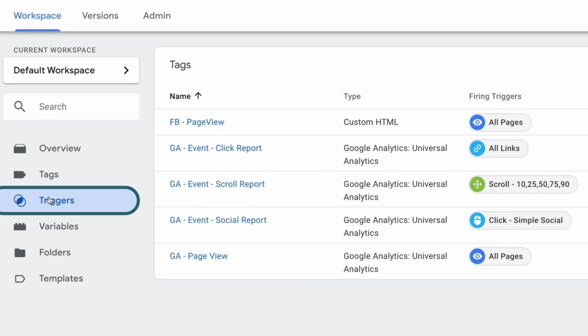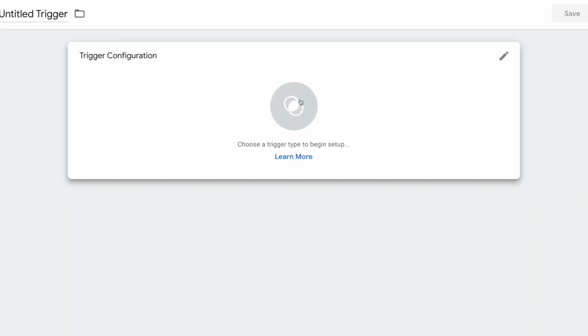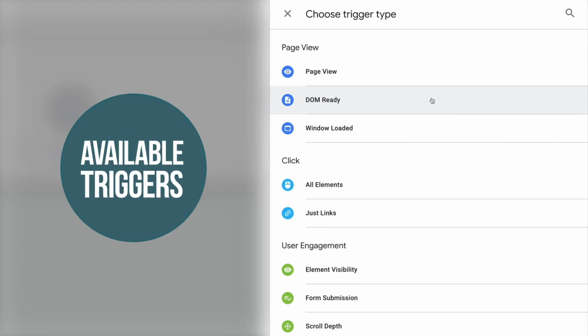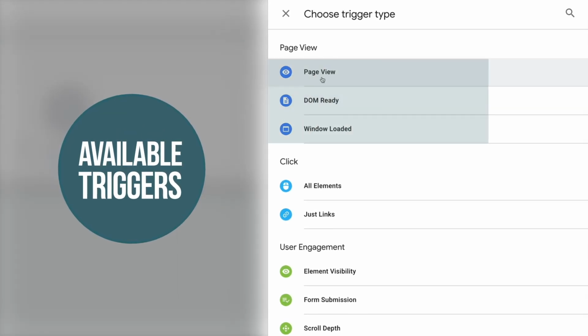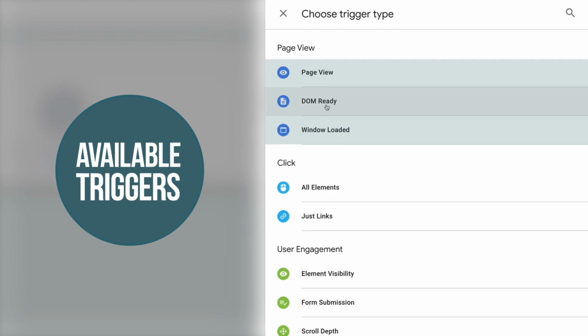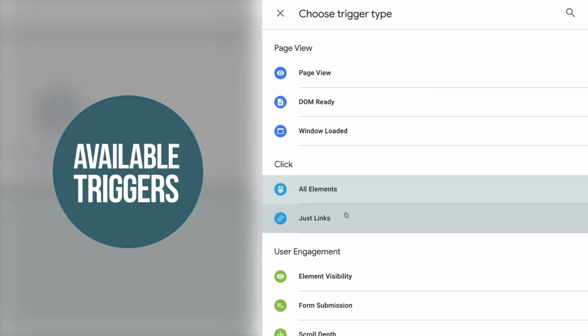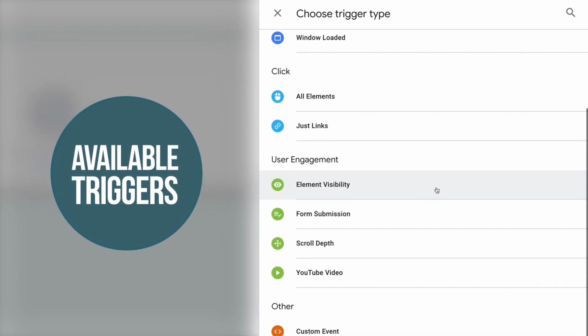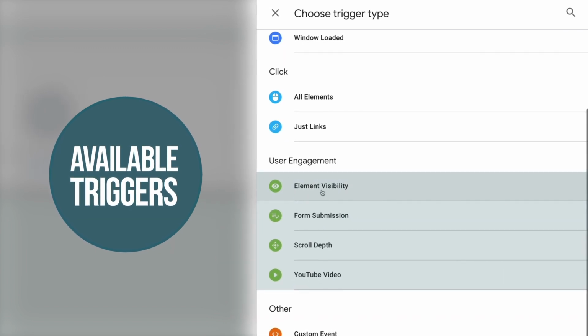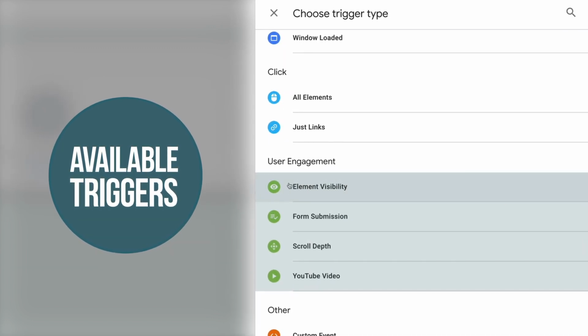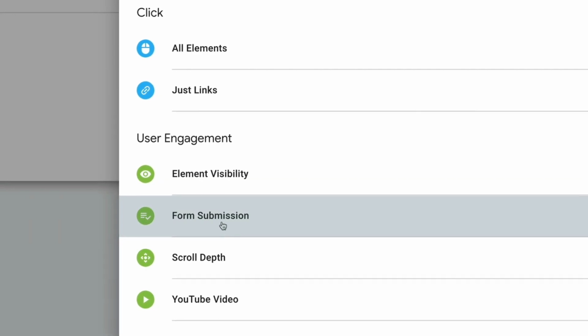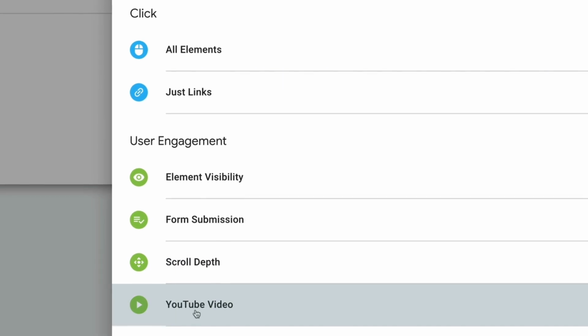Let's talk about some of the triggers that are available. So if I click on new here, we click into the box, you can see all the different types of things that we can use as triggers. So I have when the pages load, these are just different stages of the page loading up. We have different clicks that are happening on the page. We have different forms of engagement. So when a certain element on the page becomes visible, like maybe if they see the testimonial section for a few minutes, that might be something I want to measure. Form submissions, when they click on a form to become a lead, how far down they scroll, how far through a YouTube video do they make. So that's sort of the stuff that you can measure with Google Tag Manager, and all of this is built into the platform, so you'll have access to this as well.